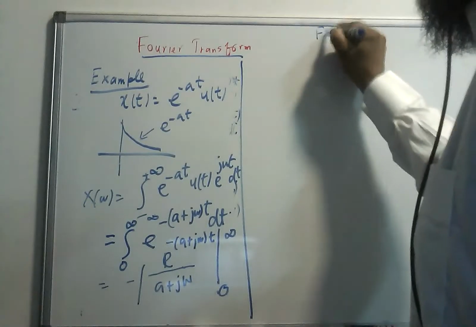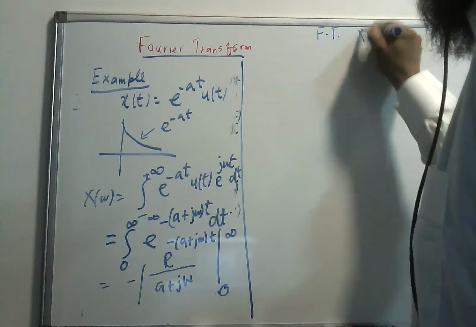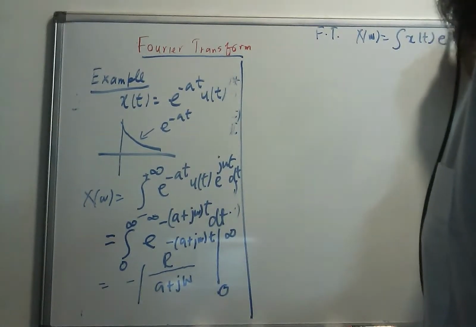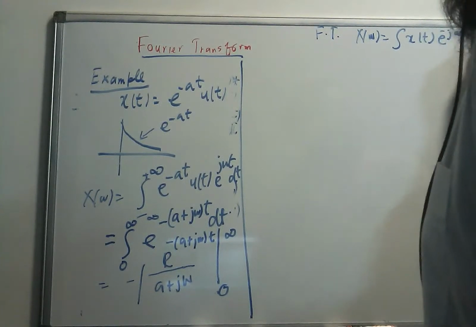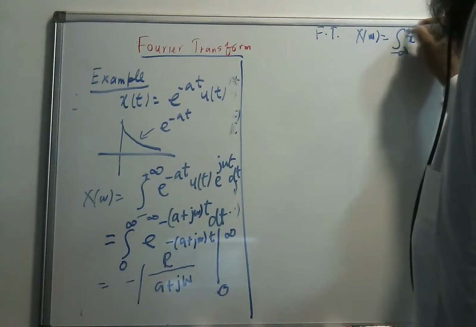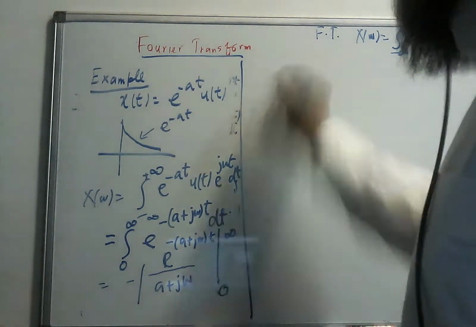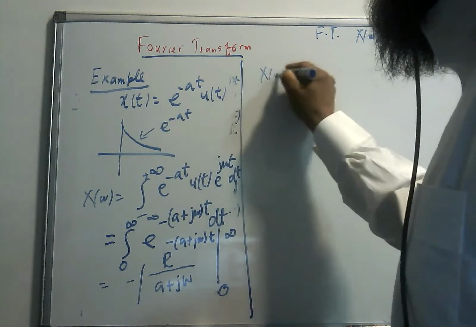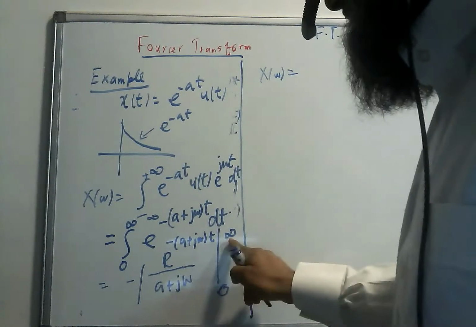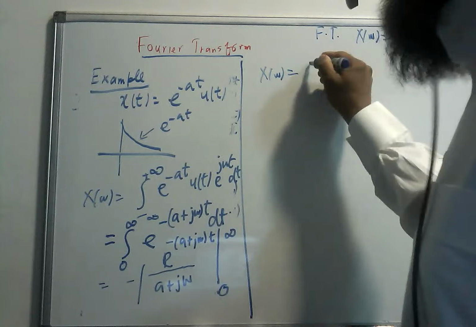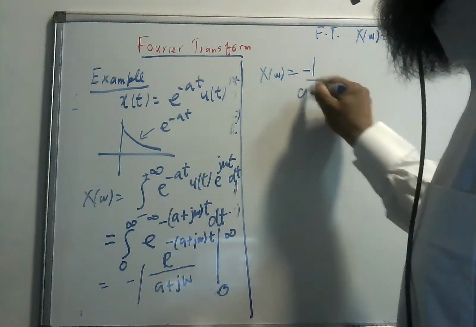I can write here again the definition of Fourier transform. So this is x of omega. In this case, when I put infinity here, it becomes minus infinity. So it will be minus 1 over a plus j omega,